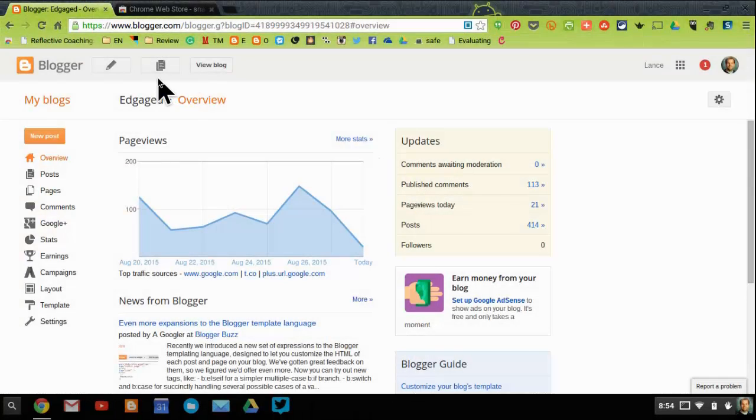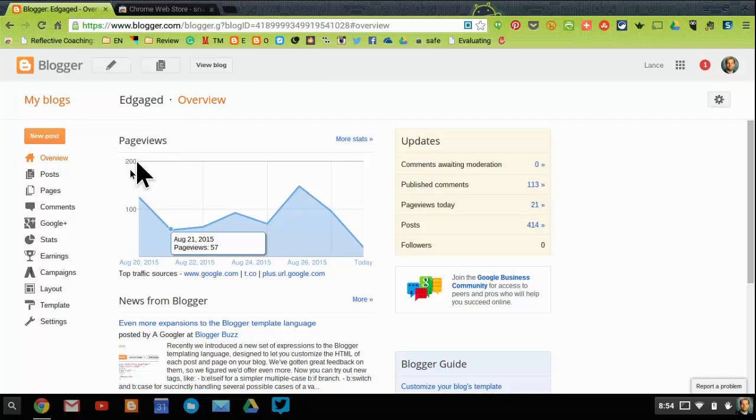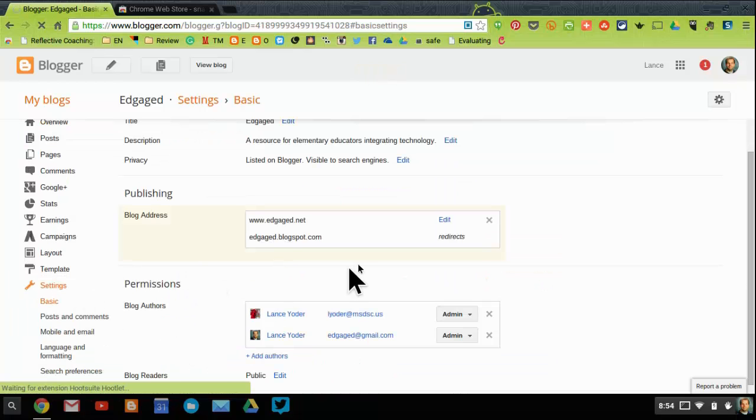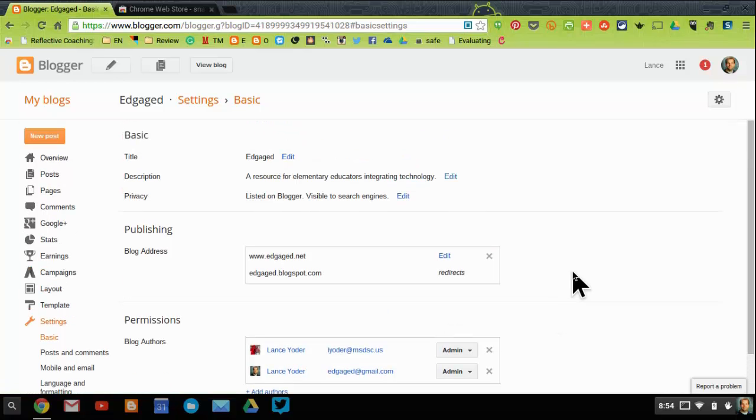Okay, so here I am. I'm going to talk about settings in my overview here on Blogger. And so I'm just going to go over some settings that maybe a teacher wants to consider when setting up their blog. Okay, so when it kicks on, you first start with your basic settings, and here's where you can